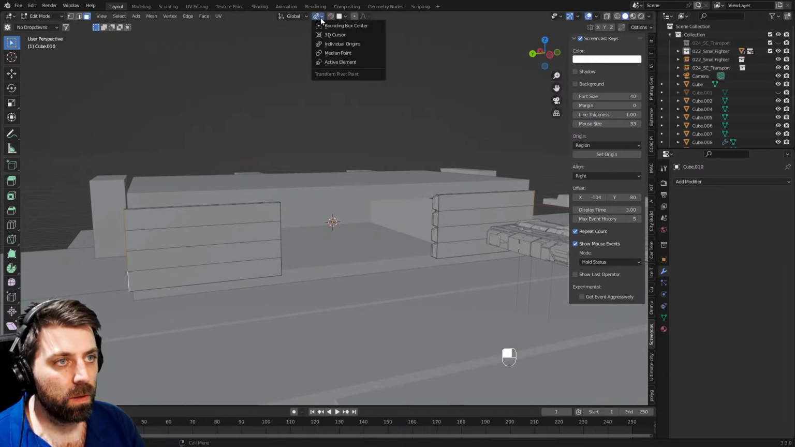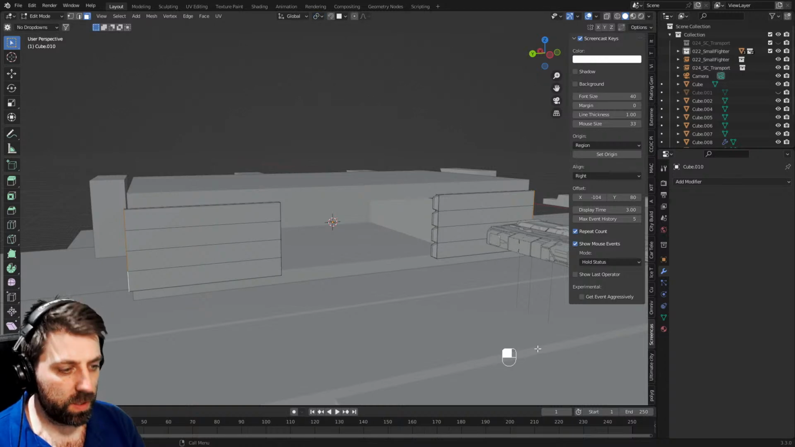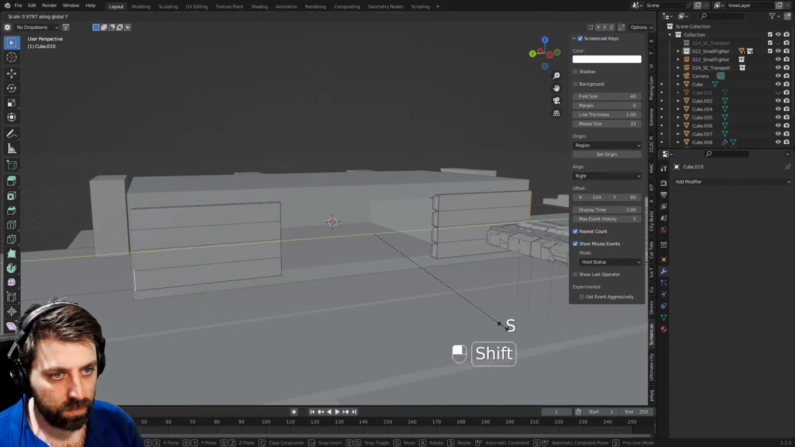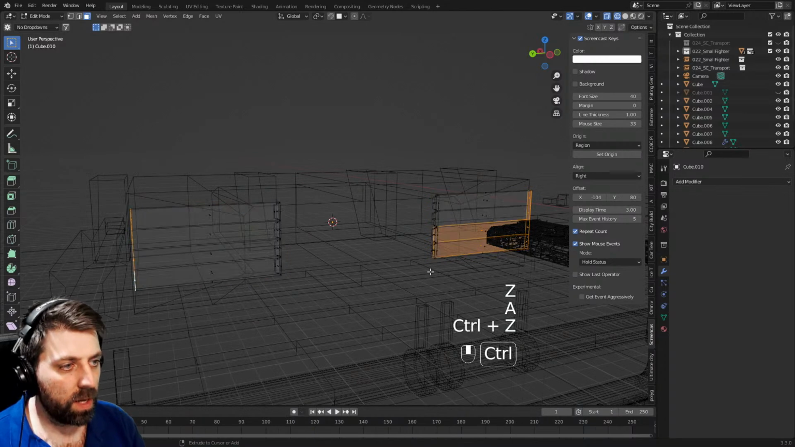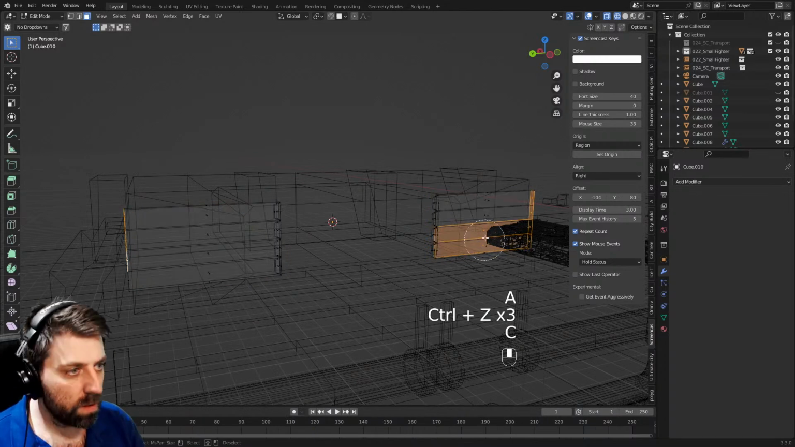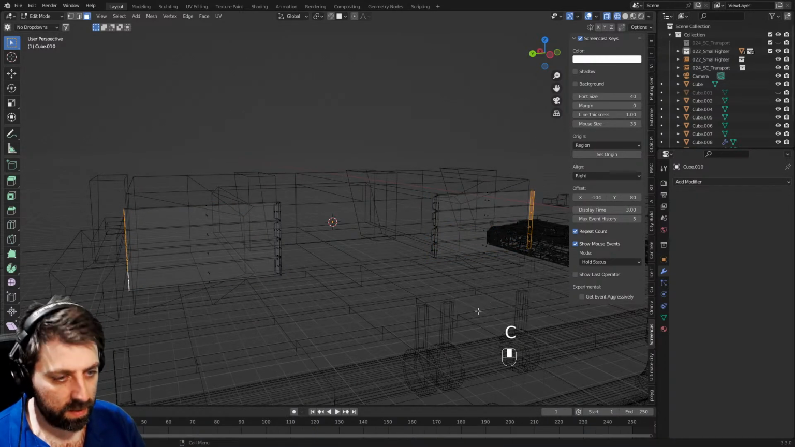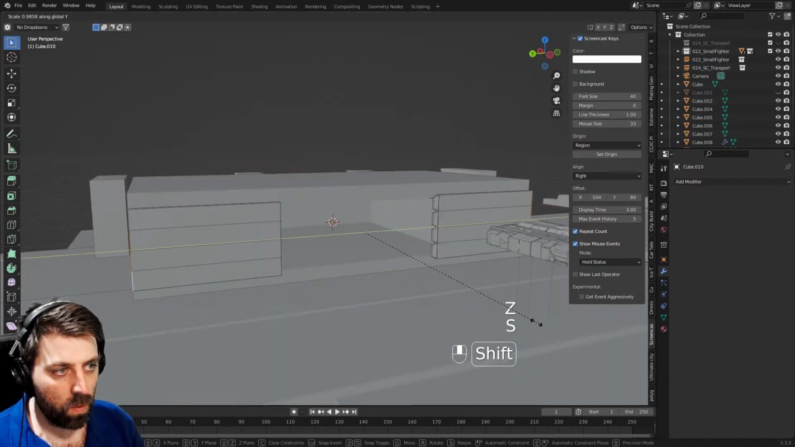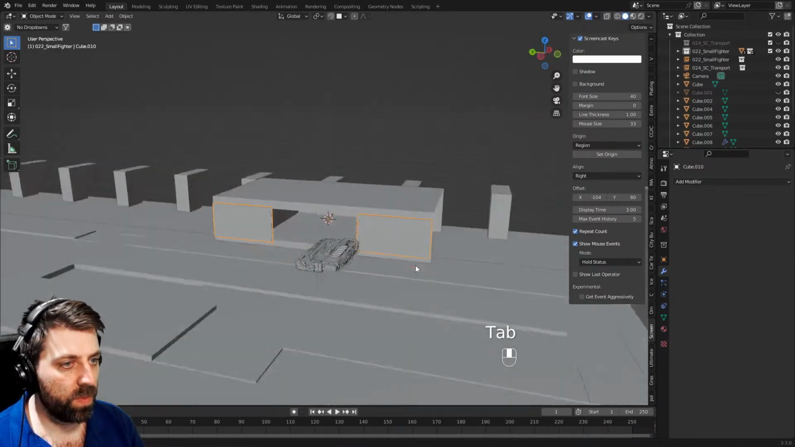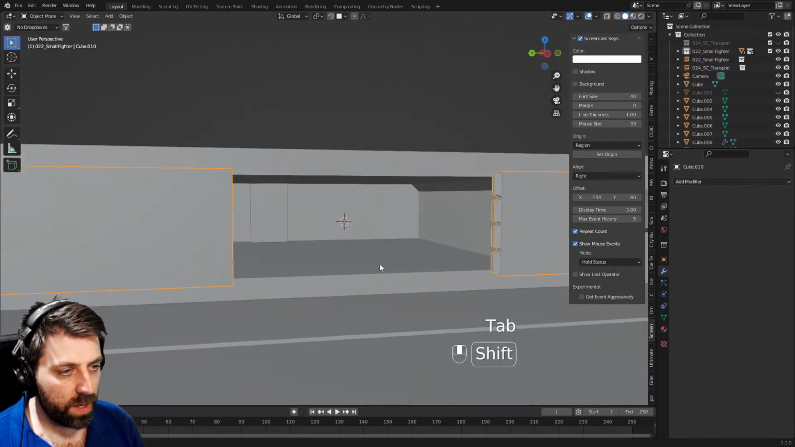Whoops. Median point, scale on the Y. Oh, go suck a lemon. Let's get rid of that. Scale Y. So we have something like so. In here,